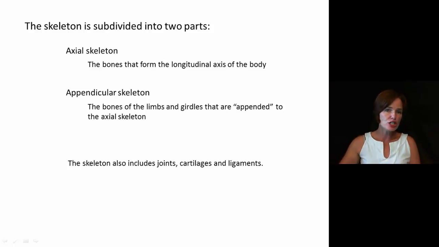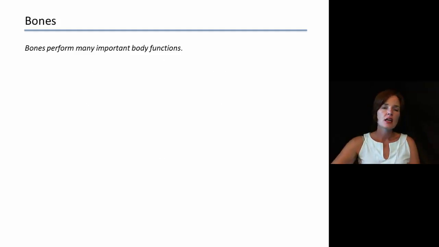The skeletal system is not just bones. It does also include our joints, cartilage, and then also some ligaments. The bones that we do have perform a long list of actual body functions. We do think of them as supportive structures, but it's much more than just support. So if we take a look at the different functions, support is number one, top of the list,